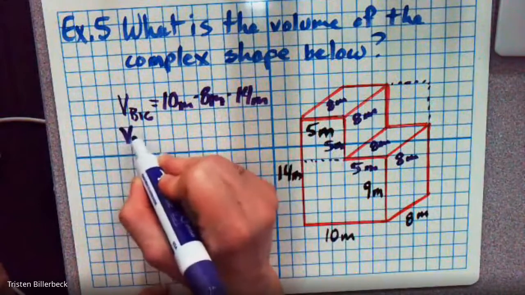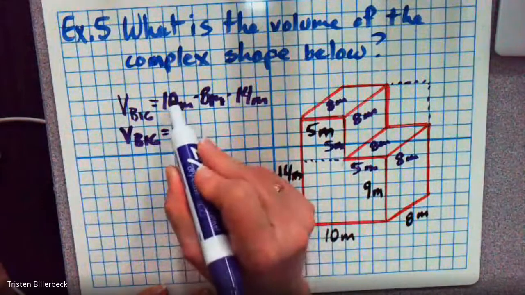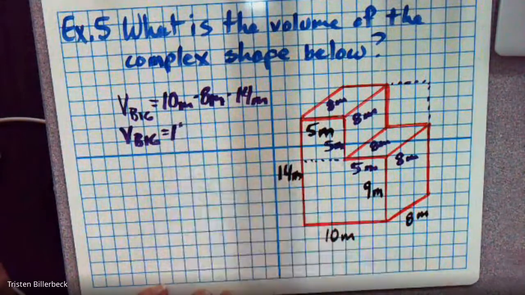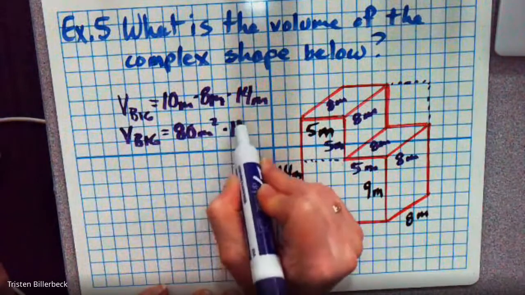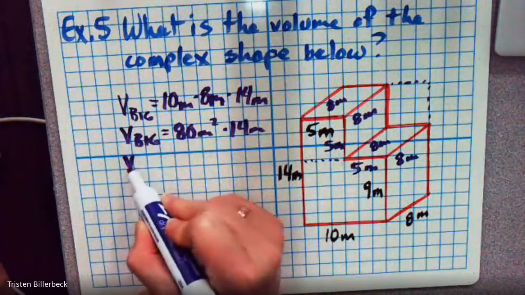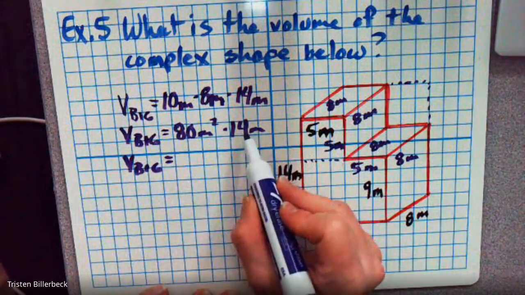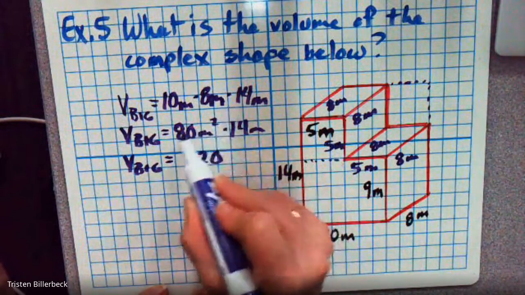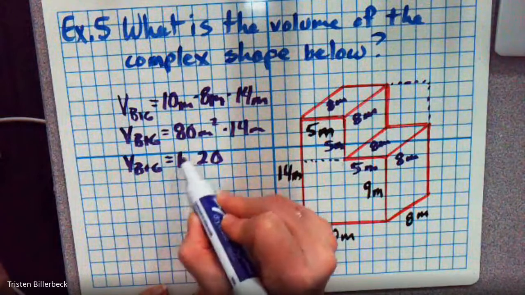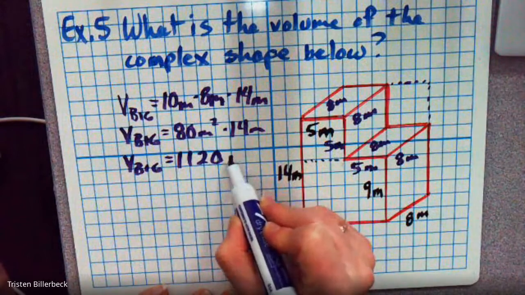Okay, so the volume big is going to be, it's always easier to add the 10 at the end, but we can go ahead and do this. Okay, so 10 times 8 is 80 meters squared times 14 meters. Okay, so we have a 0. 8 times 4 is 32, carry a 3. 8 times 1 is 8 plus 3 is 11. So we have 1,120 meters cubed